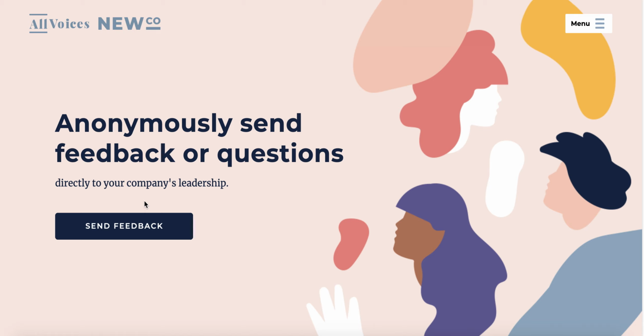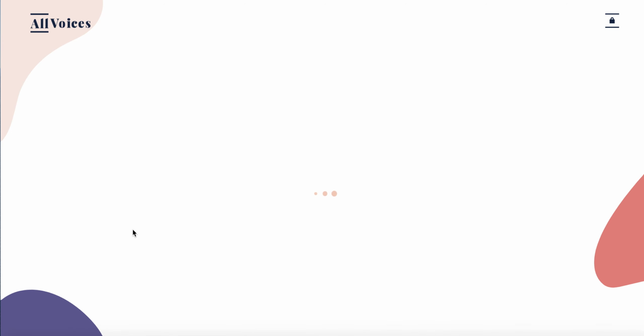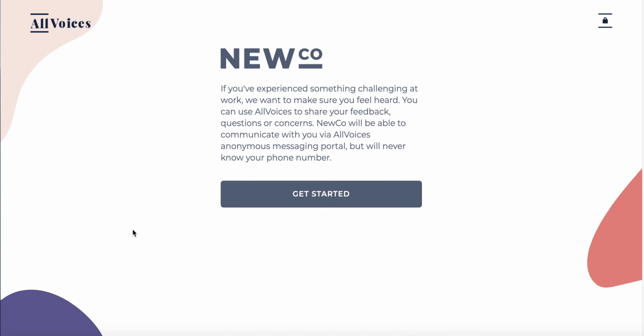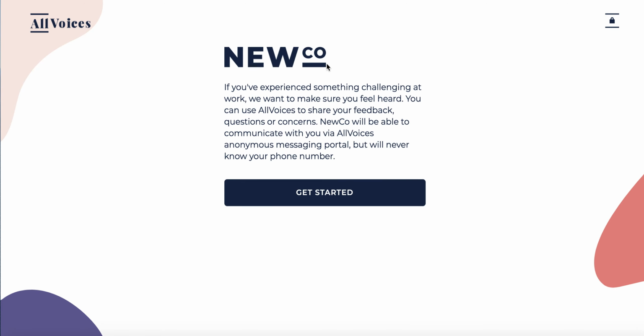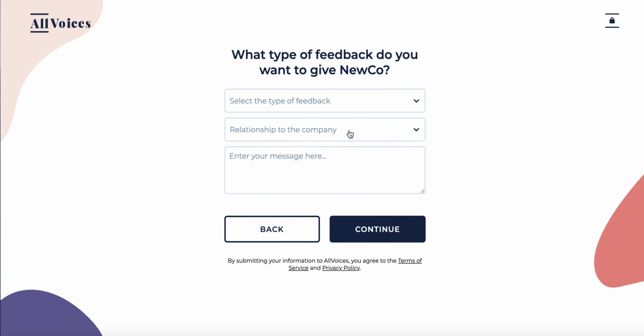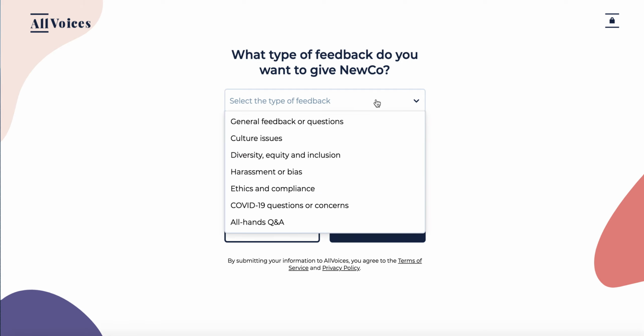When employees are ready to submit feedback, they select Send Feedback. Here's where the company is able to share why they've decided to implement AllVoices. And then here's where the employee is able to select the type of feedback that they'd like to give. We have these 7 different modules, each of them branch differently depending on which module is chosen, asking a series of follow-up questions. For the purpose of today's video, I'll go ahead and walk you all through diversity, equity, and